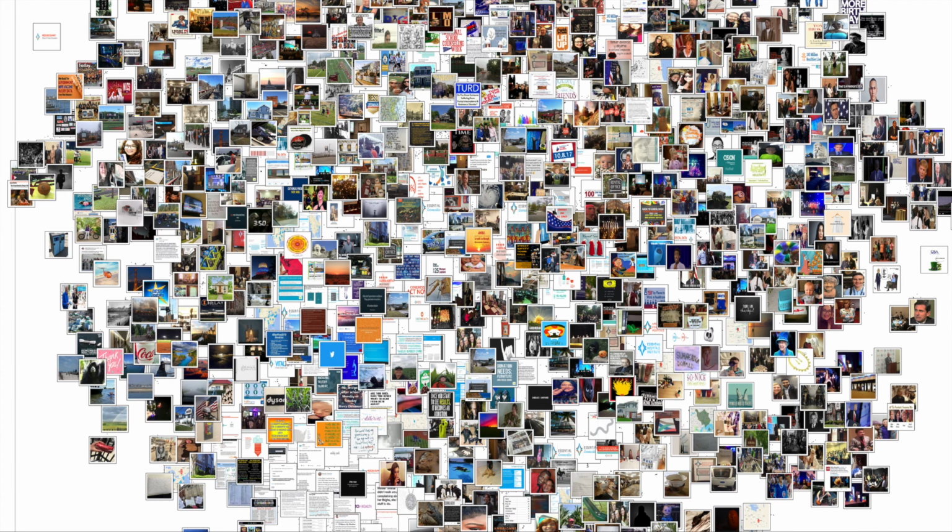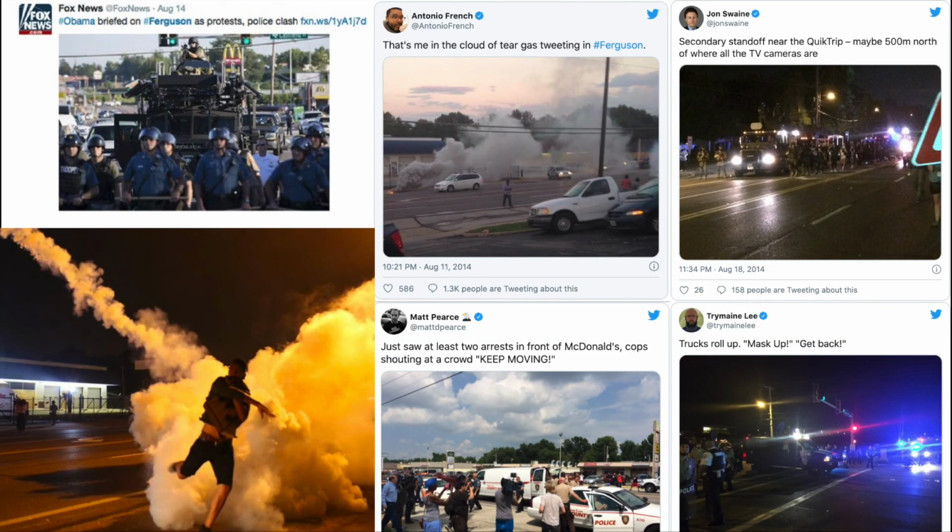Down at the bottom left you see examples of screenshots or text. Over towards the right you see images of people's faces, and then down in the middle you have images of animals, these kinds of things. Through this, we're able to characterize the general kinds of content that people share, but first we were able to extract these images from our social media content, specifically Twitter here.